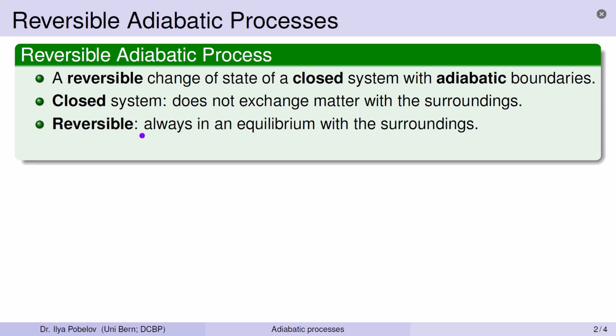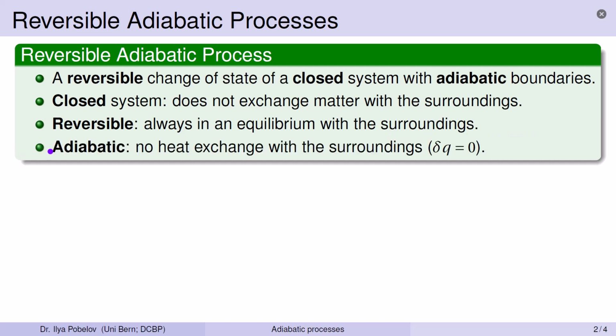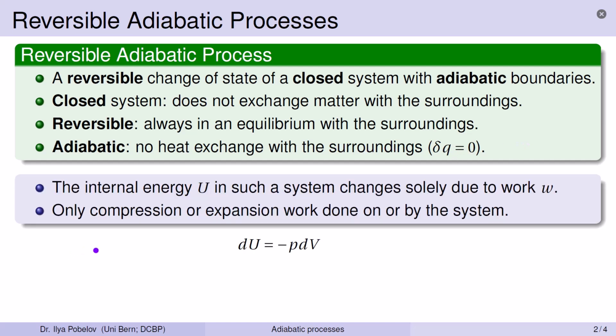Reversible means that the system is always in equilibrium with the surroundings, and adiabatic means that there is no heat exchange with the surroundings. According to the first law, the internal energy in such a system changes solely due to work. We will again only consider compression or expansion work done on or by the system and neglect all other